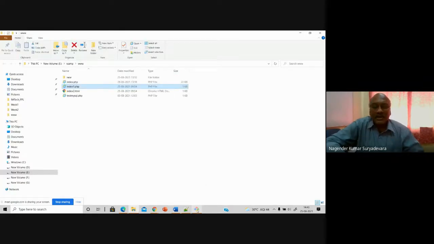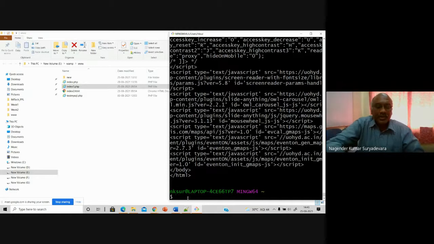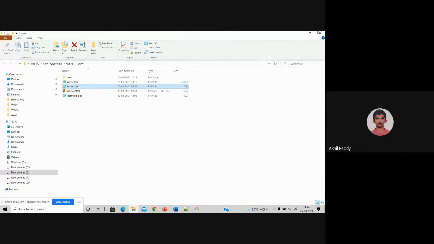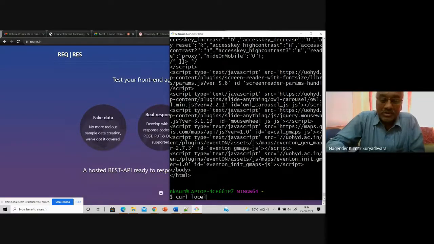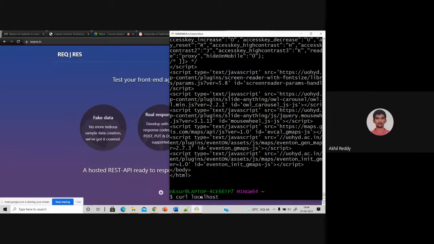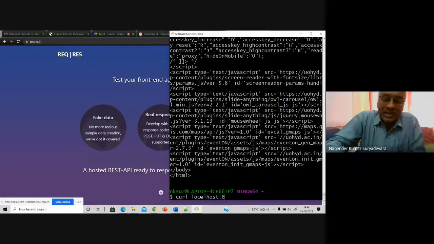from the curl command. So the command to use is curl, space. Please tell me, anyone, how to get that file? Localhost. Okay, localhost slash index1 dot. Basically you need to give what is called a port number.